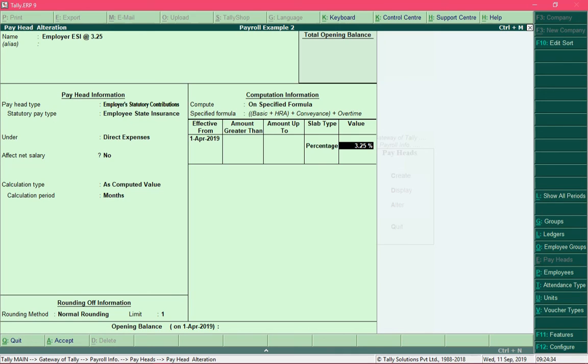Your cursor will jump to the percentage field, so you need to specify the percentage value over here as 3.25% and then save the payhead creation. At this point we are done with creation of all the employer contribution payheads, and now we will create a payhead towards PF admin charge and EDLI at 0.5%.